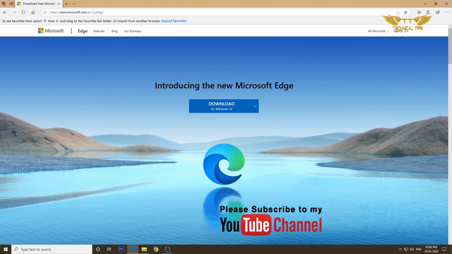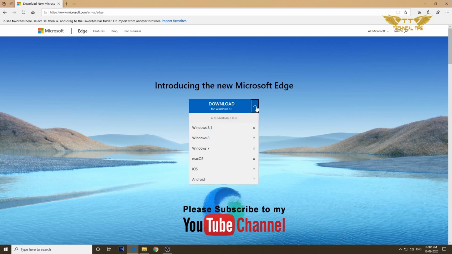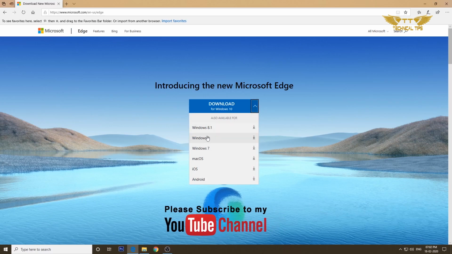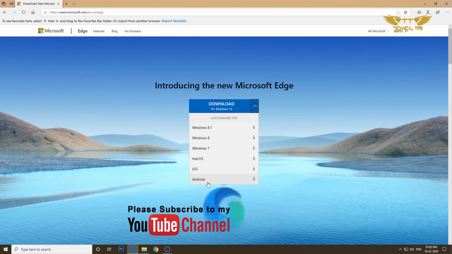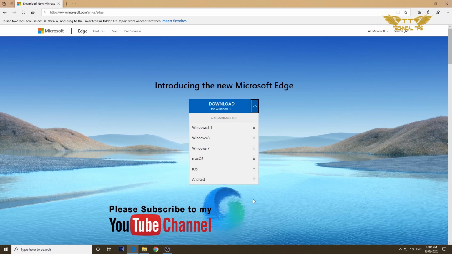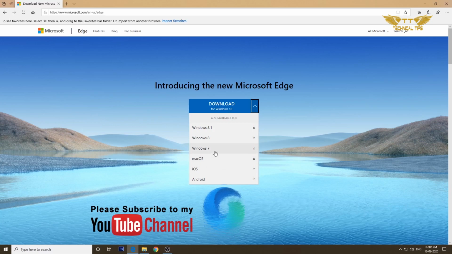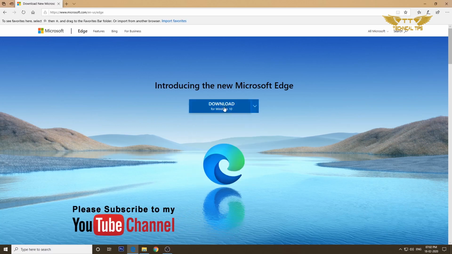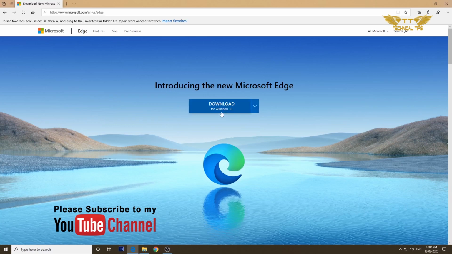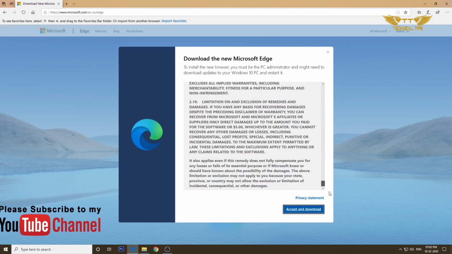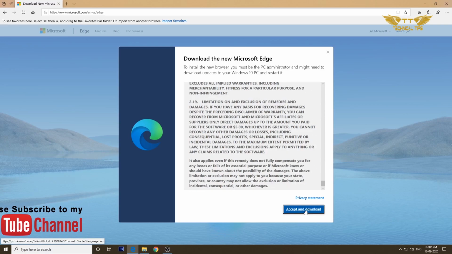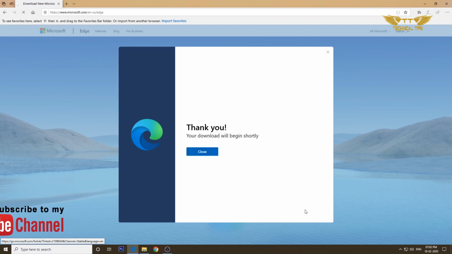Now if you are installing Microsoft Edge for any other operating system, like for lower version Windows 8.1, 8, 7, or for any other operating system, you can select the appropriate operating system from here and click on the one you are installing it for. I'm installing it for Windows 10, so I'll click on download for Windows 10. And then simply click on accept and download at the bottom right corner,